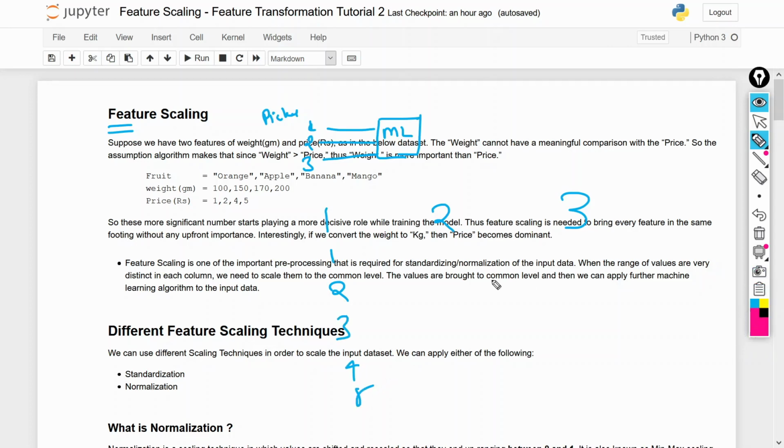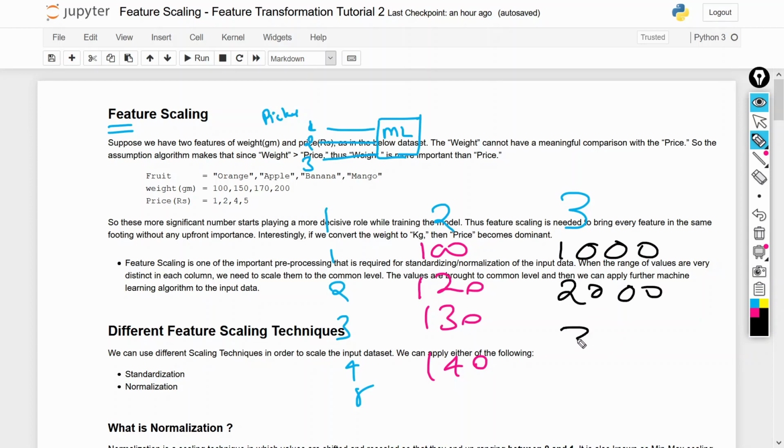The second is 100, 120, 130, 140, and the third feature's range is, say, 10,000, 20,000 and 30,000. This is your first feature, this is your second feature, and this is your third feature.